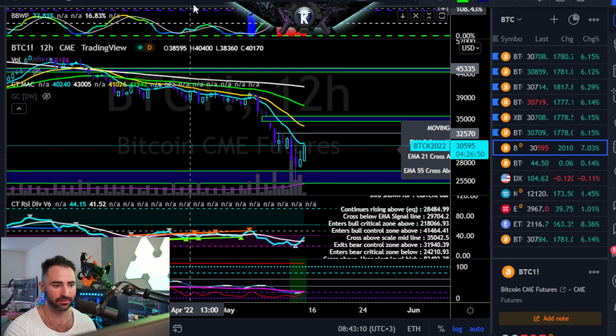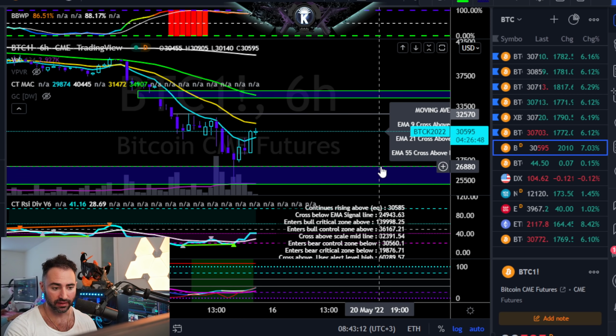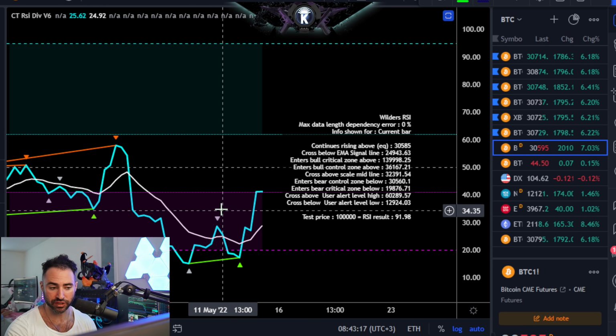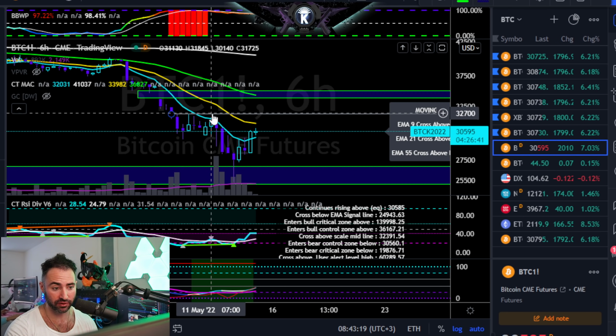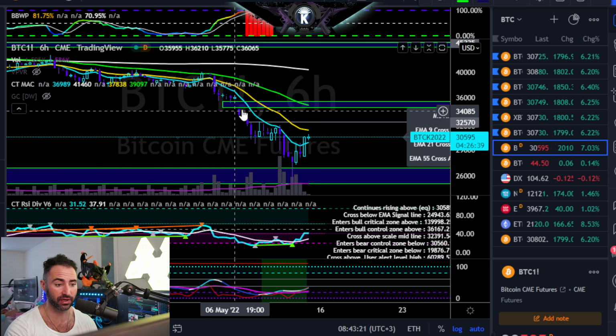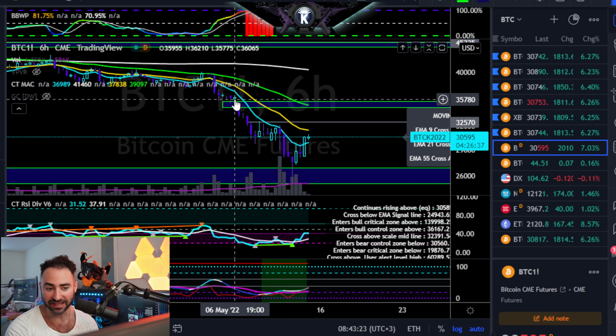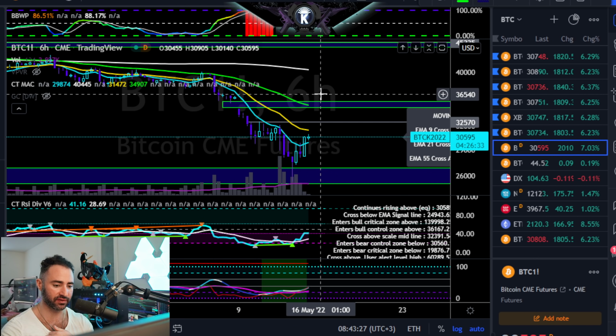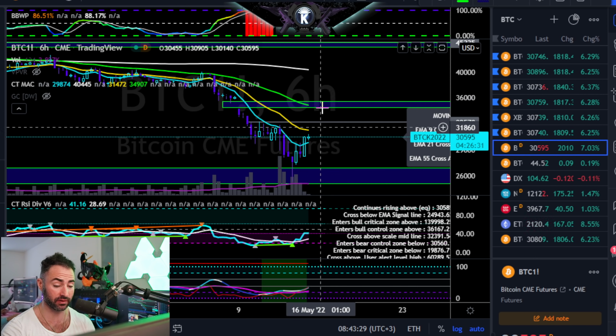Until then, sideways is the name of the game, and be aware that there's going to be some pretty violent swings in the short-term timeframes. Bitcoin will naturally have hidden bearish divergence, basically going all the way through, especially like 32.5, but even like $36,000. So I would express caution at those regions. Anyways, with that said, hopefully that was helpful.